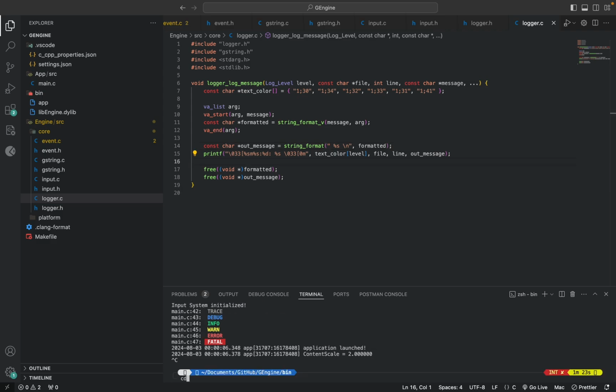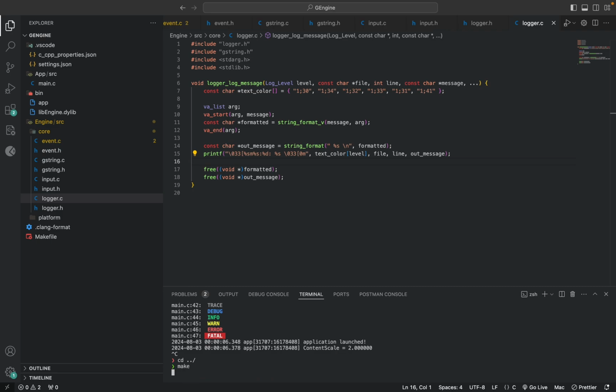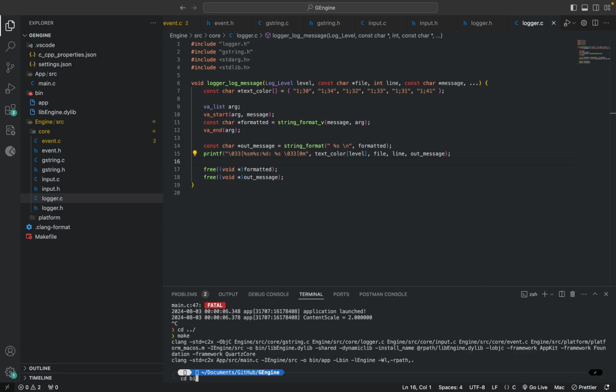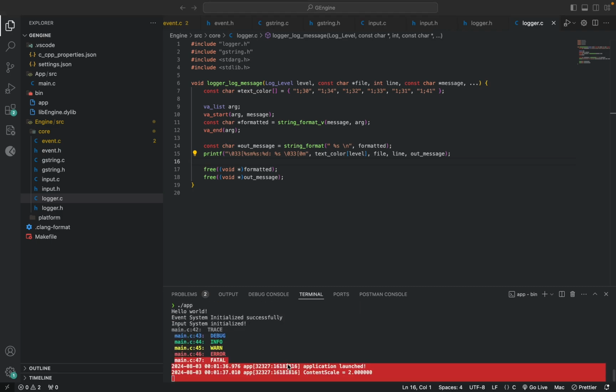Let's see if we got this right. So cd back, build, cd back into the bin, and then run the app, and we're getting there. Okay, so this seems to work. However, we're bleeding, right? We're bleeding this red color here. How will I fix this? You know what? Let's do this. Let's undo. Okay, let's undo. Like so. And then I think what I'm gonna do in order for us to get rid of that bleeding,